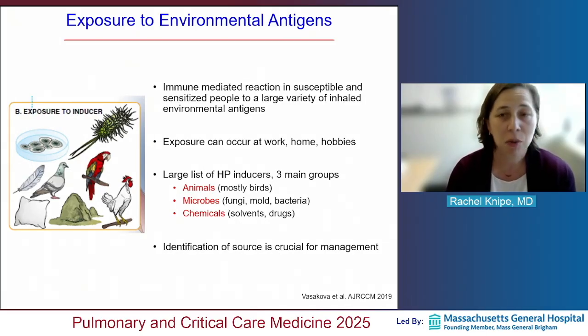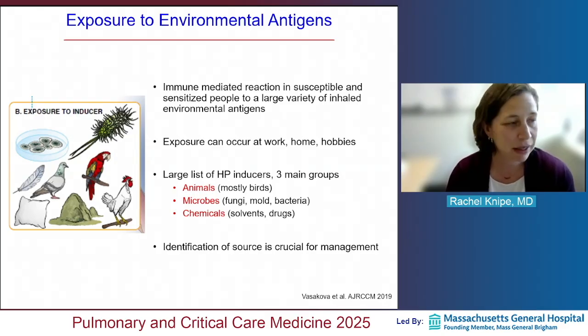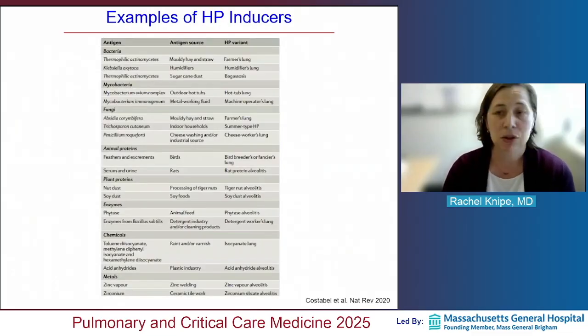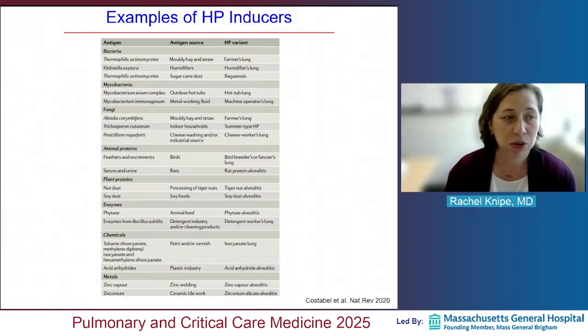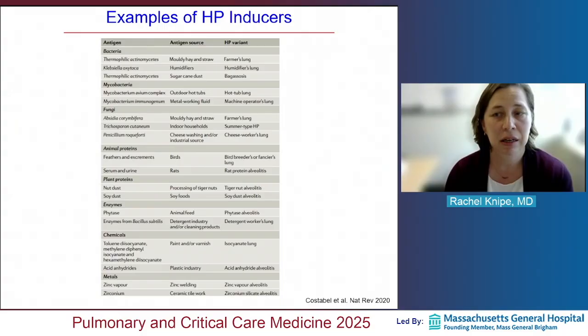Animal antigens, with heavy representation from bird antigens like pigeons and parakeets, can top the list there. Microbes, including fungi, molds, and bacteria, and then chemicals, including solvents and some drugs. And I'm going to keep repeating this theme that trying to identify the source can be really helpful for management. So here's a short list of some of the most common HP inducers, including bacteria and moldy hay